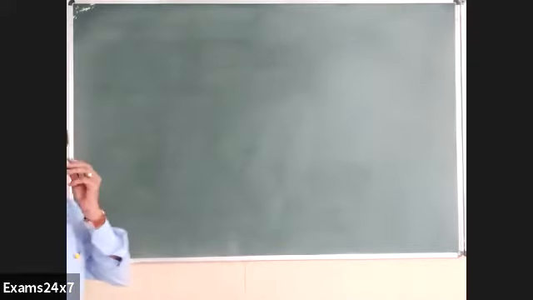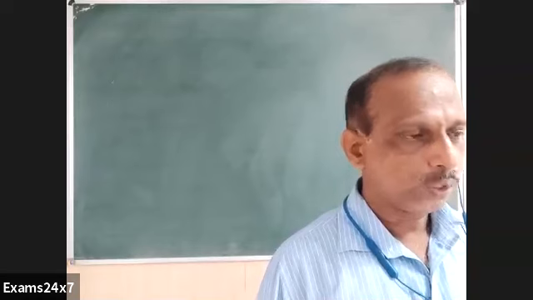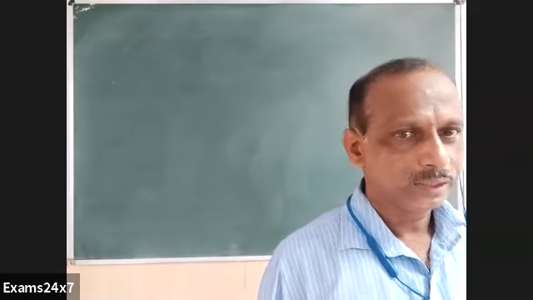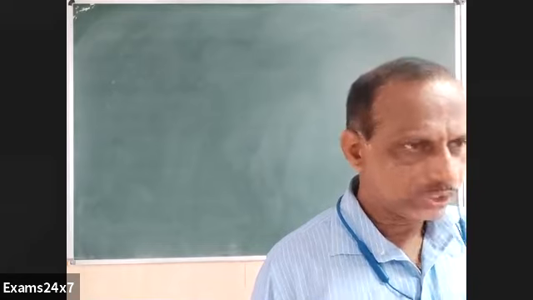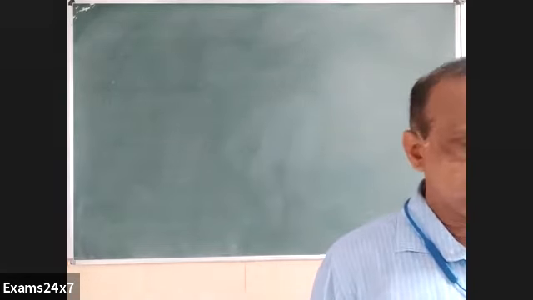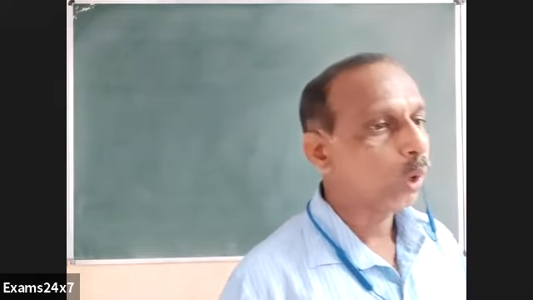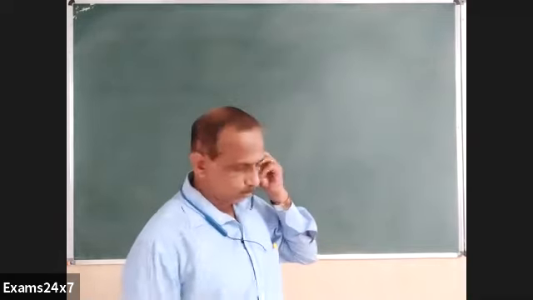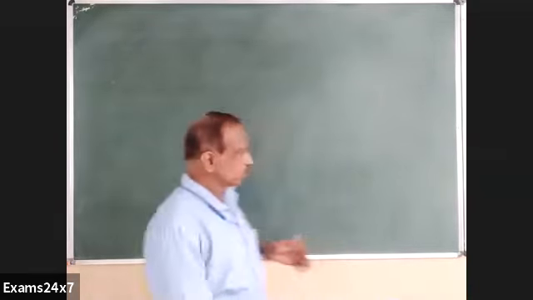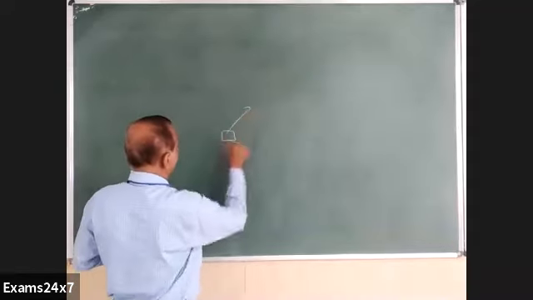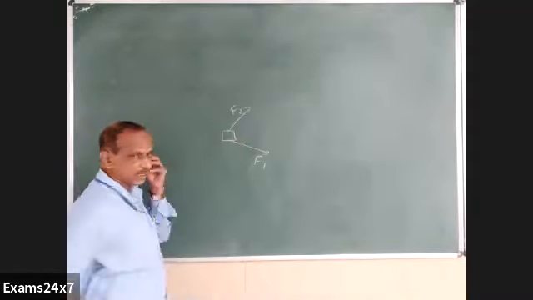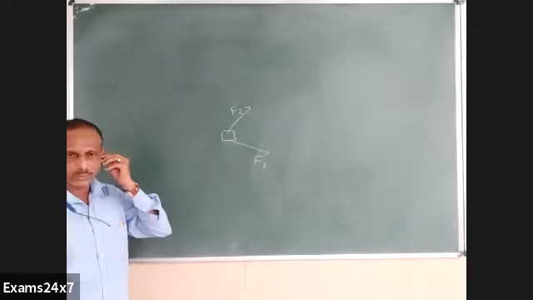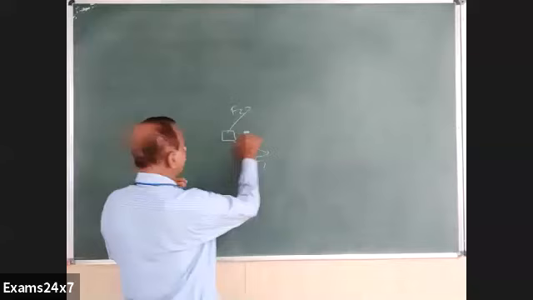In vectors, we discussed yesterday regarding resultant of two vectors. What is resultant? A resultant is a combined effect of two or more number of vectors. I give a simple example of two people pulling this tool in different directions. So when a body is under the action of two different forces, neither does it move in the direction of F1 nor in F2. There will be an intermediate direction, as if there is some other strange force acting in between.